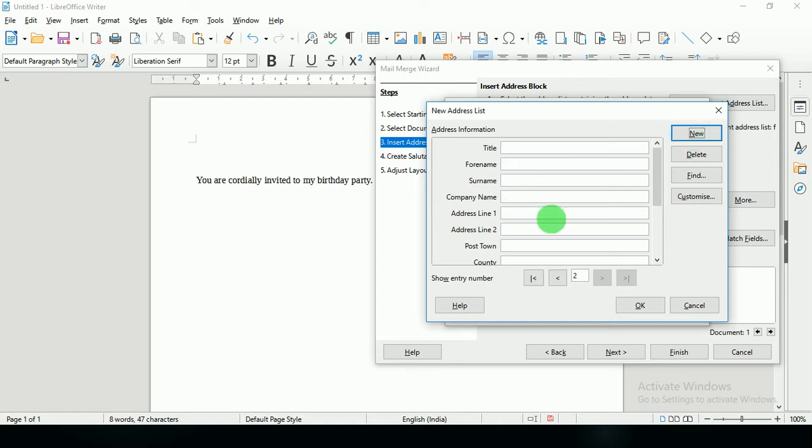Then a new record, the second record. Forename Amit, Shah, and the company name, suppose, Bajaj. Then the next record, Seema Sharma, with company name, suppose, ABC.